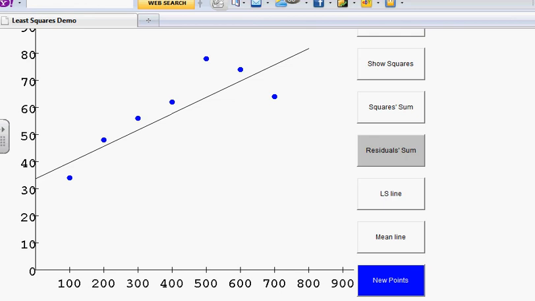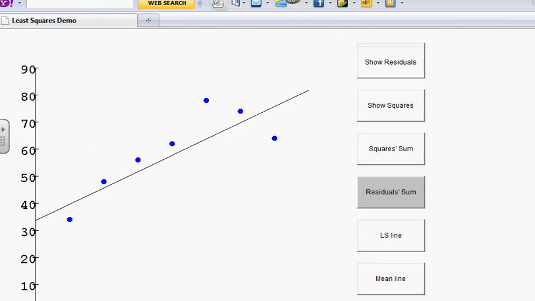And what we do is we take the distance from each one of these points vertically to the line that we think is the best fit line. So let me give you those lines. And then we square the distance from the point to the line. So I can do that visually with a square. We square them so that we won't get 0 when we sum them, because we just want positive numbers. And the least squares regression line has the smallest value when I sum up all of the area of these